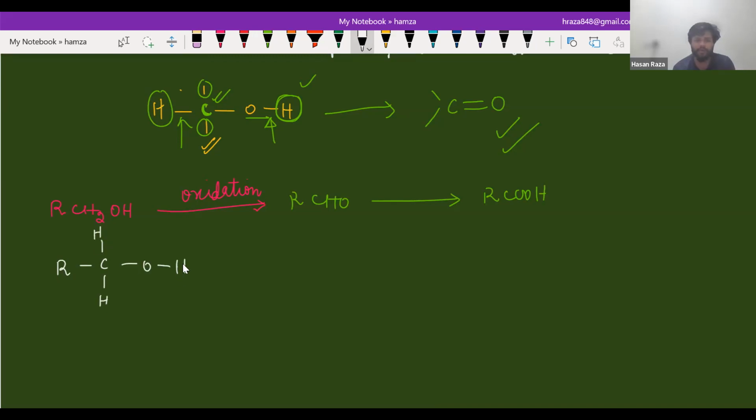You can see this carbon has 2 hydrogen and this OH. What was the concept of oxidation of alcohol? This will be broken or cleaved. H will be eliminated, and with this carbon, one hydrogen must be there, and it will be eliminated. So it will form RC, and you can see there is one hydrogen left. So I am going to write it here, and you can see oxygen. It should be double bonded. Is that clear? So primary alcohol